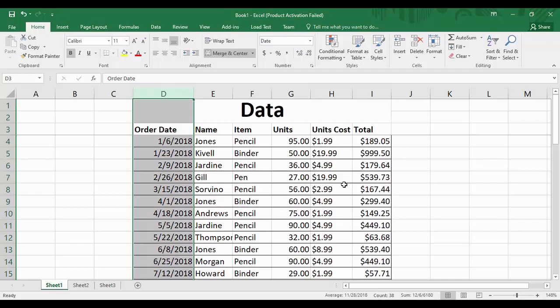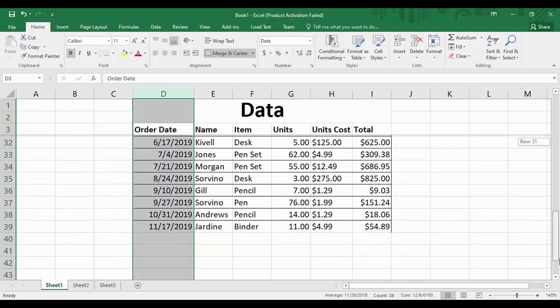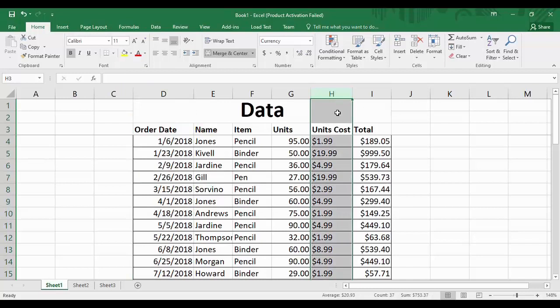So these are the different types of data that are available in Microsoft Excel, and if you want, you can access them very easily. Now for example, you have this data and you want to know which item is the priciest, or which item is the most expensive and which one is the least expensive. What you can do is select this units cost, and you can apply formatting to it. Since we are applying some conditions to it, this formatting is known as conditional formatting.